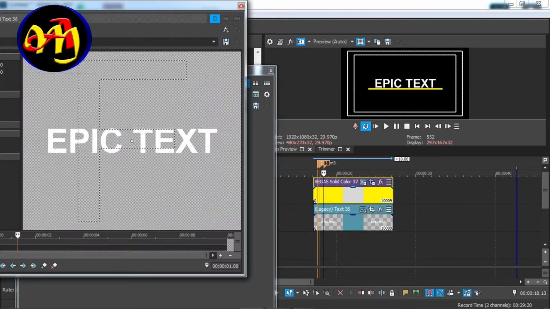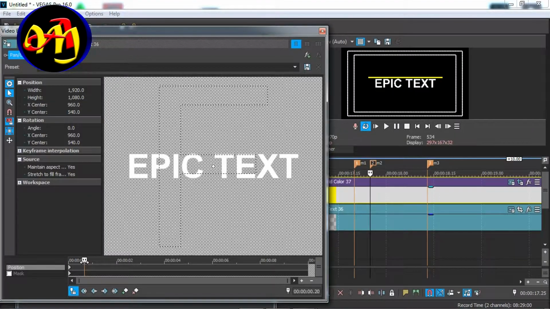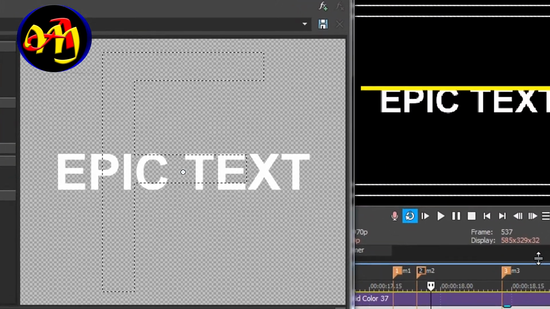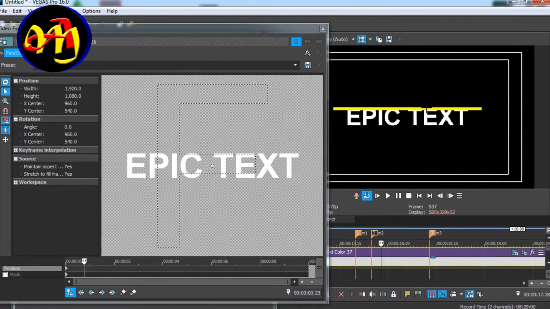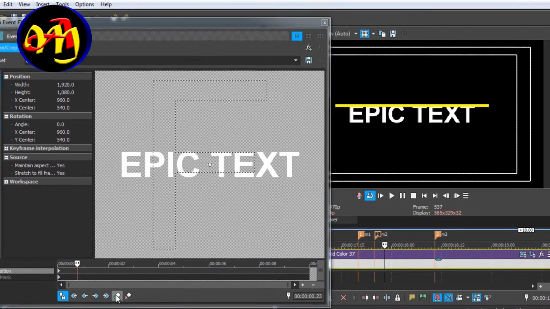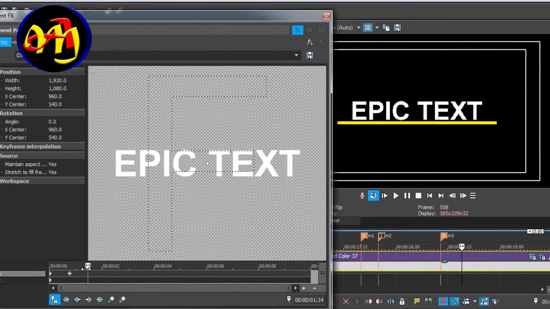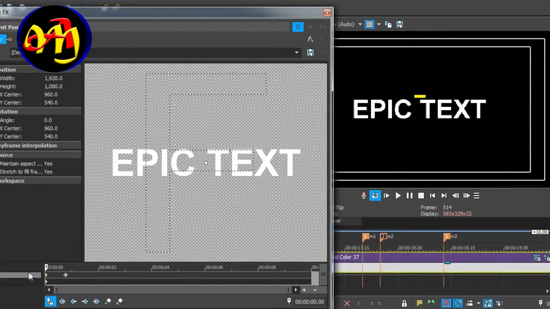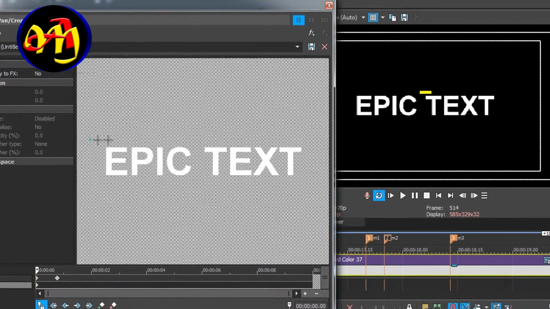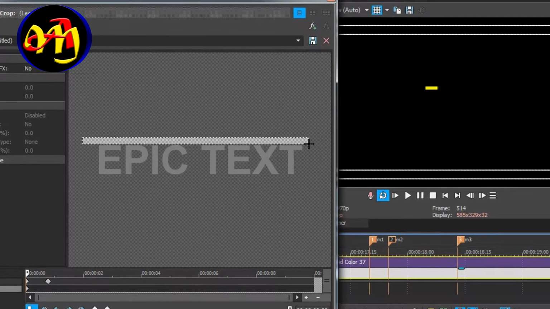Go to the event pan crop of your text, click on marker number 2, go down to see the exact position where your line touches your text. I think at this point is okay. So we will mask. I will put a starting point here. This is where my text will start going down along with the line. But before that, we need to mask out our text at this very beginning. Make sure it almost touches the top